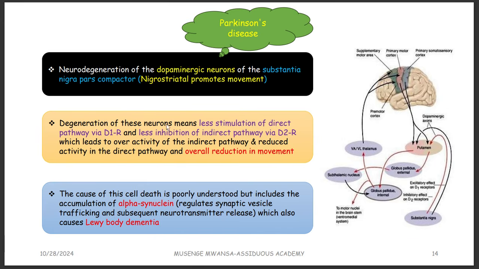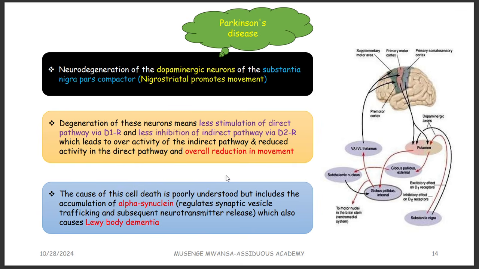And so, because of this degeneration of the neurons, there are two problems. You are not producing dopamine to stimulate the direct pathway, and you're not producing dopamine to inhibit the indirect pathway. So, the overall thing is that there is a reduction in movement. If you can see this diagram, you can see the substantia nigra will produce the dopamine. Via D1, it is going to excite the striatum, and via D2, it is going to inhibit the striatum, and